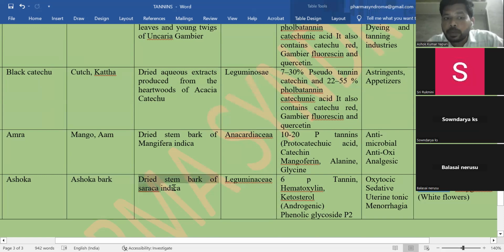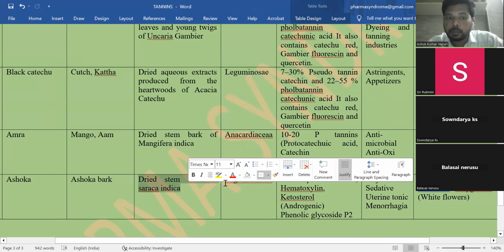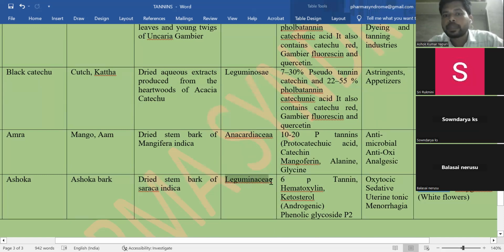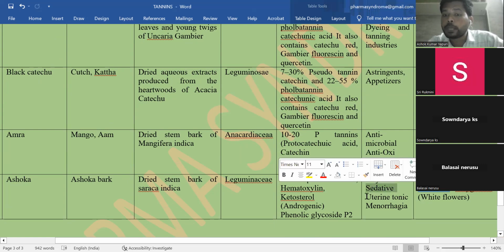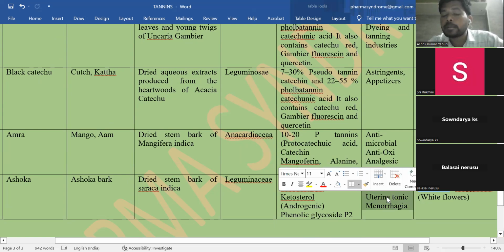From the dried stem bark of Saraca indica belonging to the family Leguminosae, containing 6% tannin and also hematoxylin, ketosterol. The ketosterol has androgenic action. Generally, Ashoka bark may have actions like oxytocic, may have sedative action, may stimulate the uterus and help in the treatment of